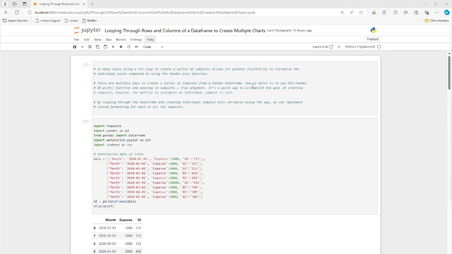Hey there, everyone. Today I'm going to talk about the topic of looping through rows and looping through columns of a data frame to create multiple charts. So in the Pandas world and the Python world and the plotting world, it's typical to see one column or one row, mostly one column, plotted in a chart, and then you could see another, and then a third or fourth, and you can add